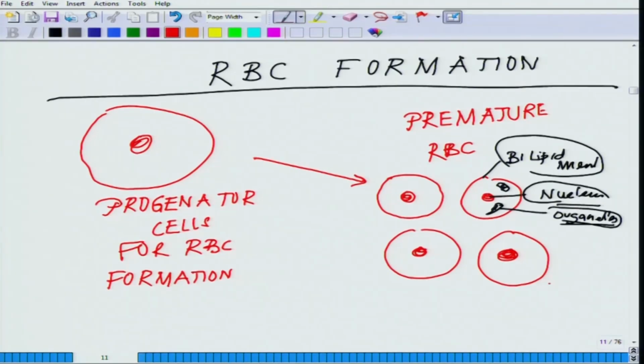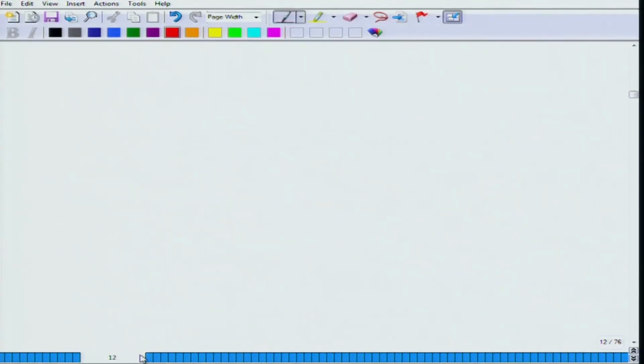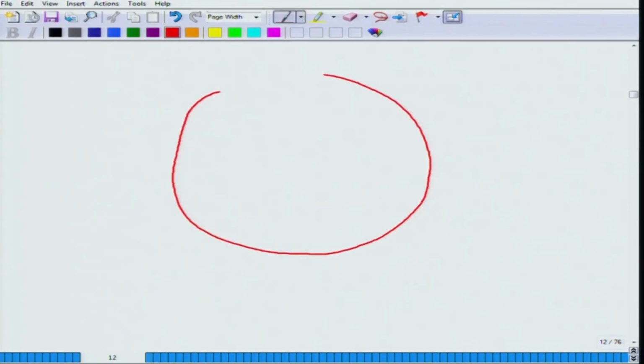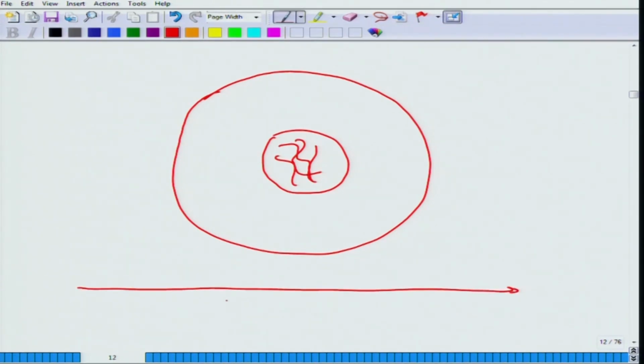Then what happens? Here is the nucleus with the DNA and everything. As they are maturing, during maturation of RBC,